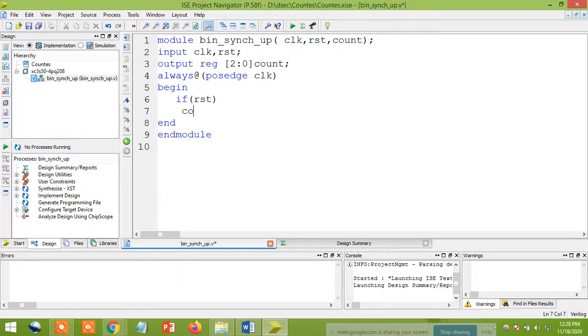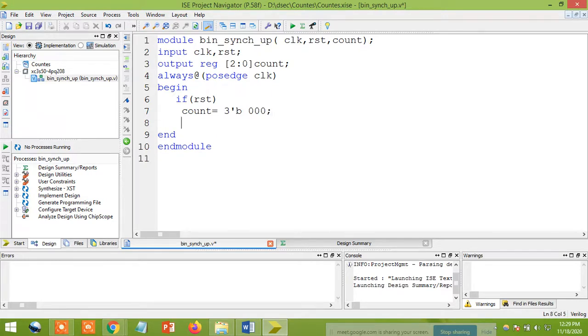Count is equal to, what is the value you'll get? It's 0. The count here I'm going to take in 3 bits. If you want, you can define it this way. First I'm going to define it, later I'm going to make changes. I'll take 3-bit binary. So if it is reset, I'm going to load my count value with 000, 3-bit information of 000.